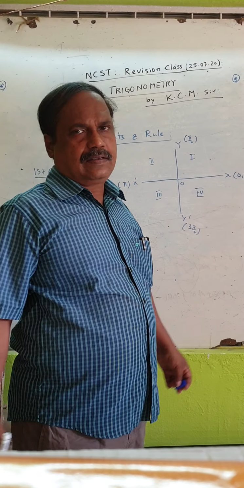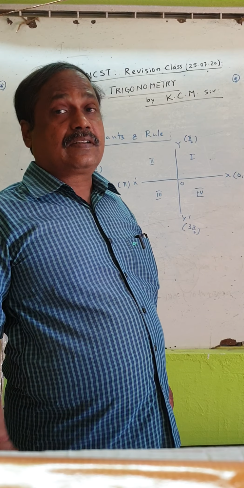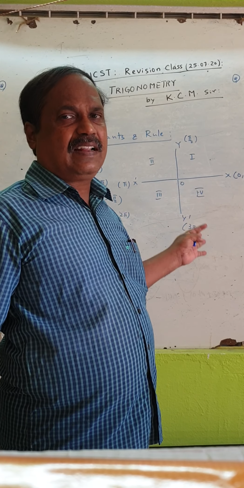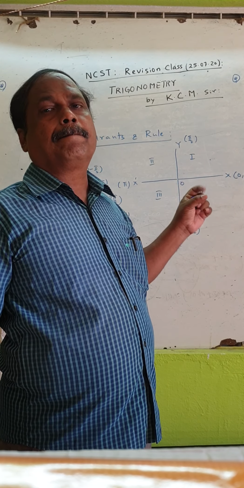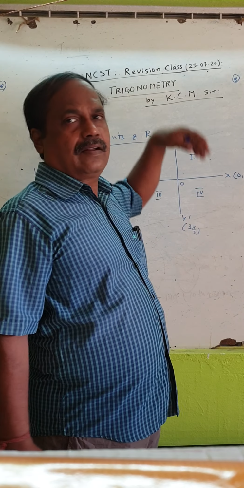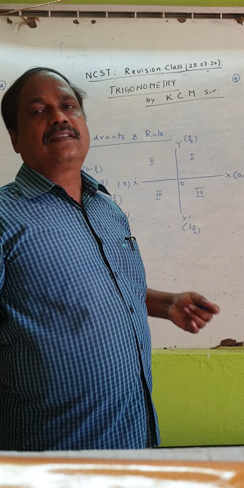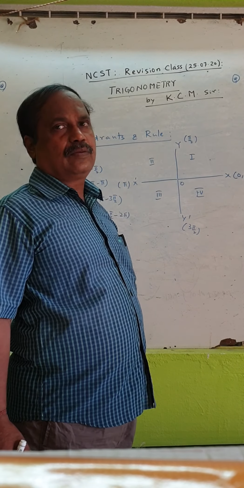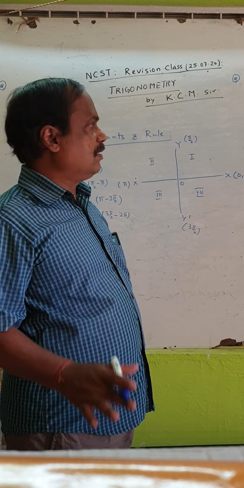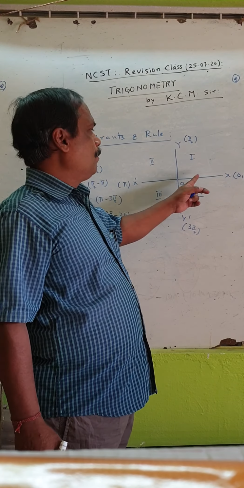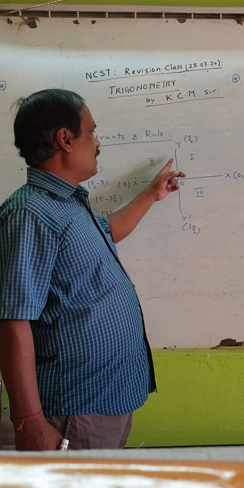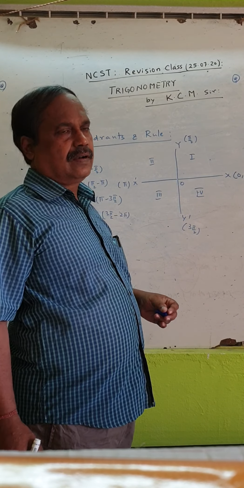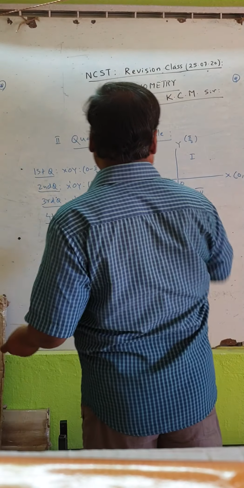These are 4 quadrants. So trigonometric functions behave differently in these quadrants. My purpose is to explain this concept very clearly, because in your later calculation, JEE problems, there are a lot of very tricky problems. Unless you know the fundamentals, it will be difficult later. So understand clearly, these are 4 quadrants: 0 to 90 first, 90 to 180 second, 180 to 270 third, and 270 to 360 fourth quadrant. Then the quadrant rule.